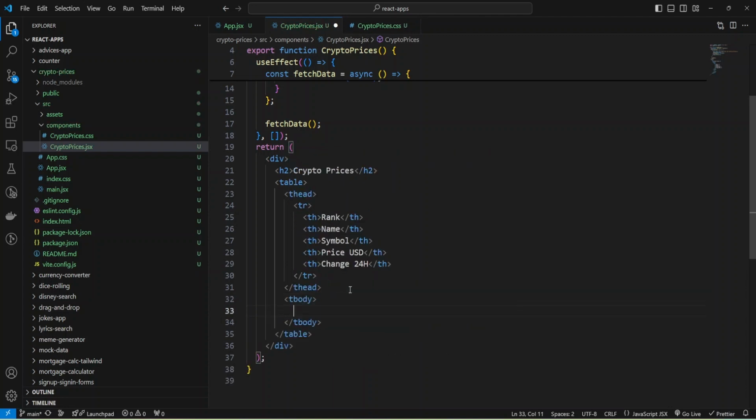Okay, and inside the body, I'm going to map over my array.